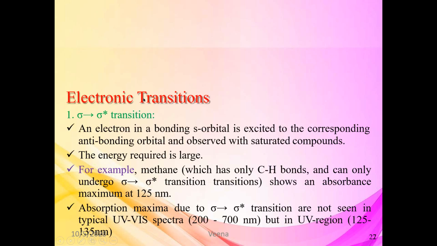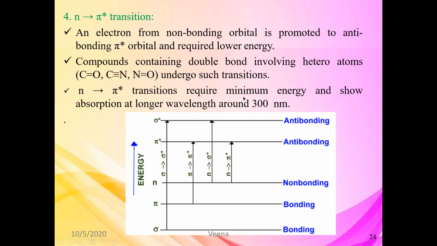So now we shall see what is electronic transition, and this is the important aspect in the study of UV spectroscopy, because the UV radiations which are used in the study of molecules are just enough to cause the excitation of electrons from the ground level to a higher energy level. And this electronic transition includes the following transitions. So you can see from this figure that